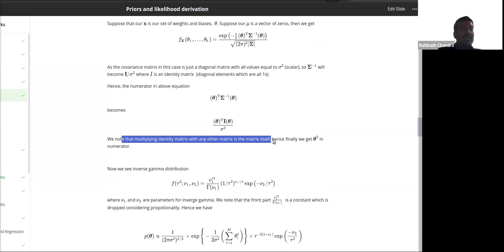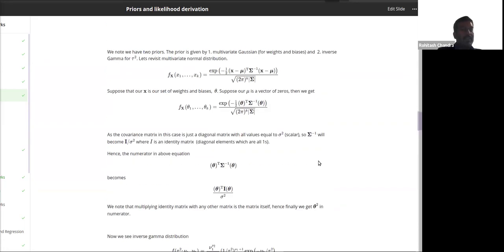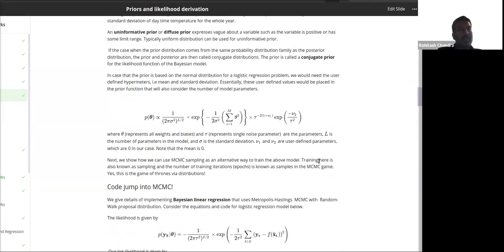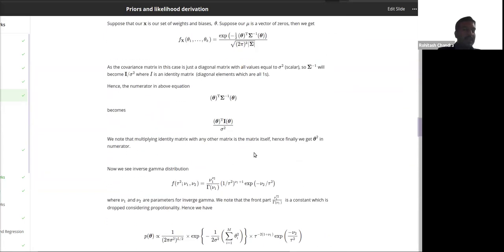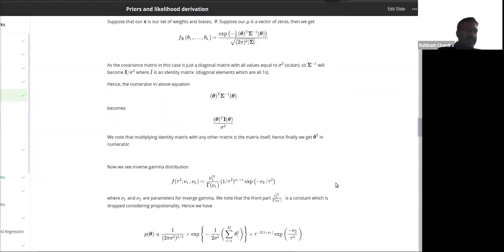And hence, further simplifying it, we finally get theta squared in the numerator. So you get theta squared, right? So that's how our prior distribution has this theta squared here, right? So that's that part here. And for the inverse gamma distribution, we are basically plugging things in there. The inverse gamma, we are not simplifying it further. The reason is